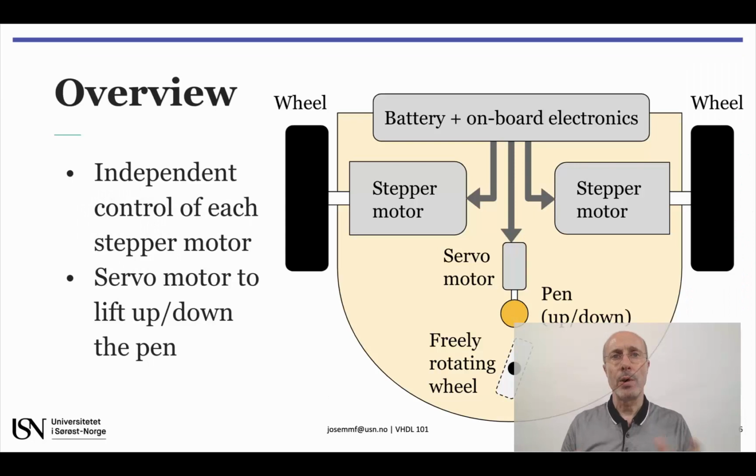This is what the small card looks like seen from above. You can see that it comprises two side wheels driven by independent stepper motors and one servo motor that is able to drive a pen up or down so as to enable the card to draw a line when moving. The onboard electronics comprise the BASIS 3 board and eventually additional driving electronics that you may consider necessary.